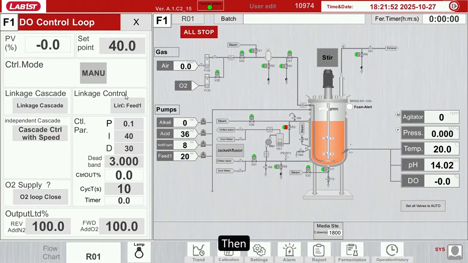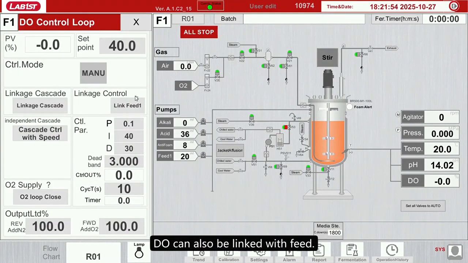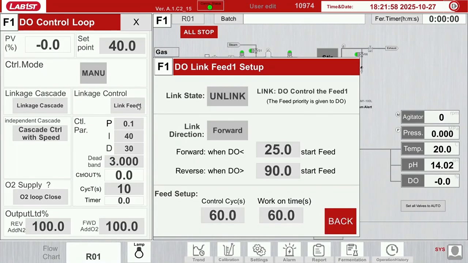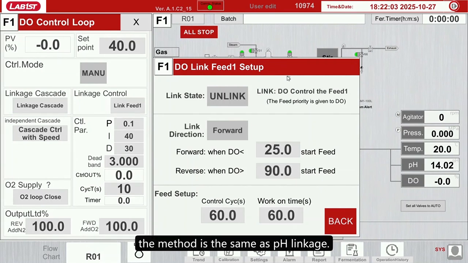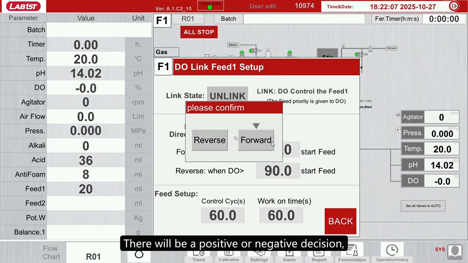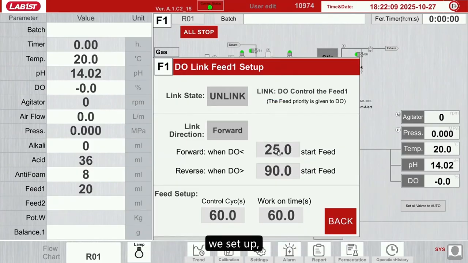Then, you can also be linked with feed. Similarly, the method is the same as pH linkage. There will be a positive or negative decision. We set up and then enable. Note that